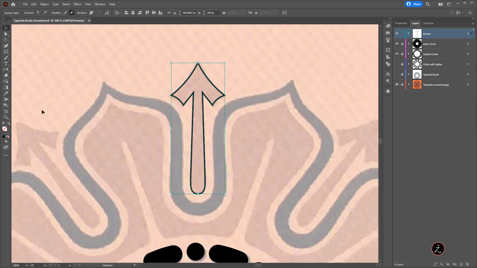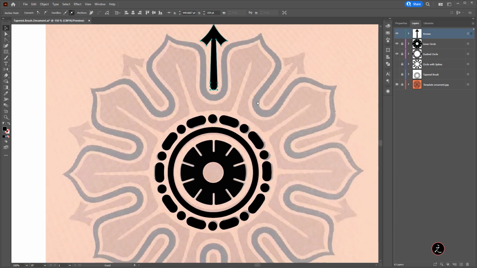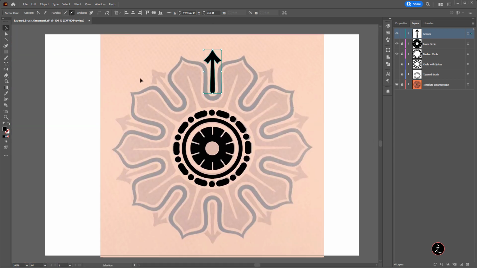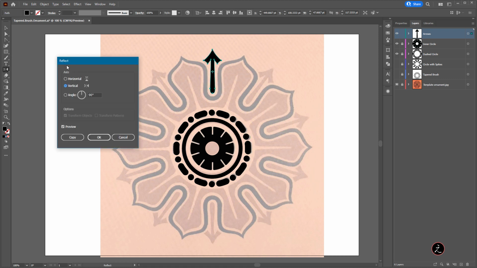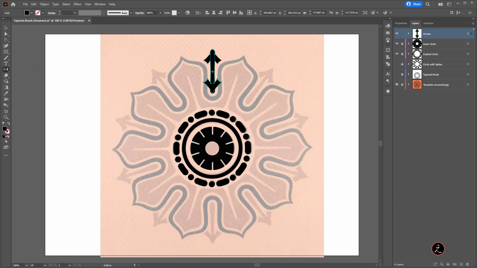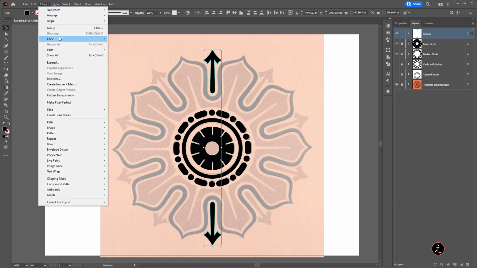Let's go ahead and instead of a stroke color, let's just have a fill color here. So we've got that. All right. So I'm going to select that and go back to the reflect tool. I'm going to reflect this horizontally with a copy. Switch to the selection tool, click and drag downwards here and place this around there. All right. Just make sure these are centered. All right. And then I will go ahead and group them together.